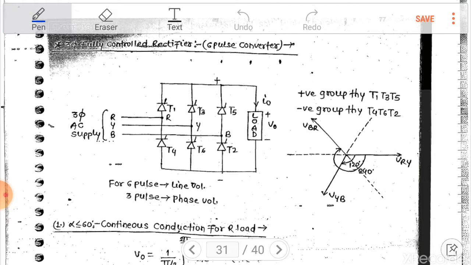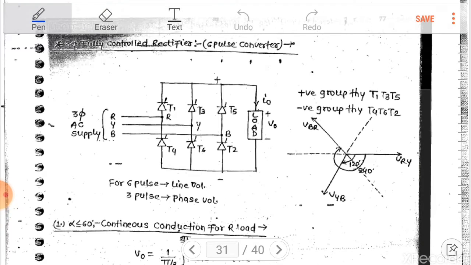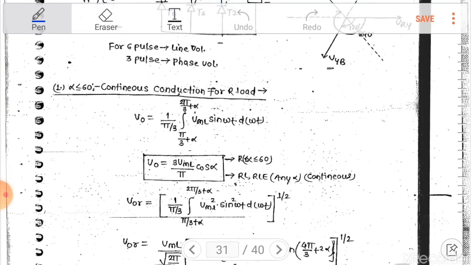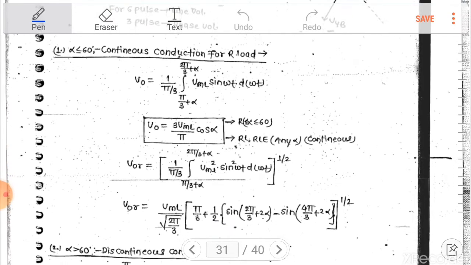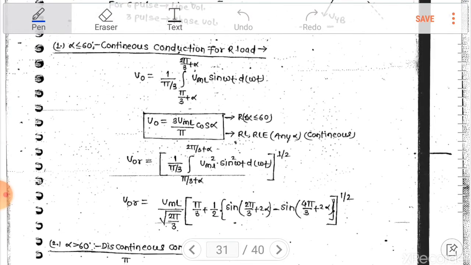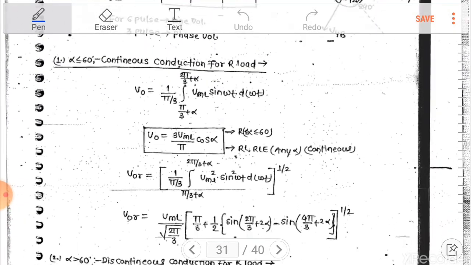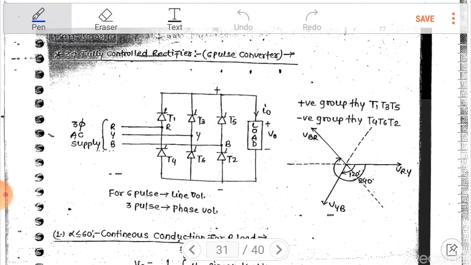In the previous video, we have seen the 6-pulse converter. It is working on line voltages. Each thyristor represents the line voltage. So for each line voltage there are two thyristors working, like